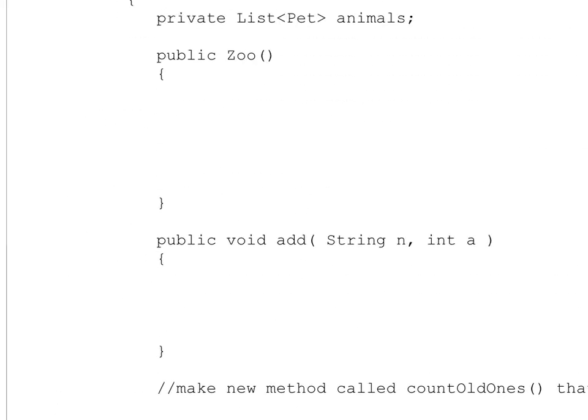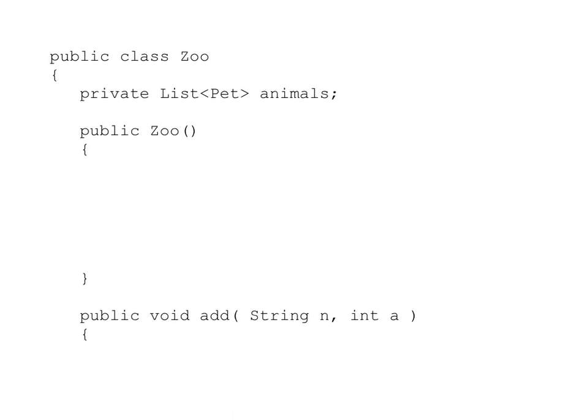All right, so now we're going to create a zoo with a bunch of pets. The thing that we have to remember is that this is all pets, so we have to use that class whenever we need parts of the class. Okay, so just to instantiate this, always remember you have